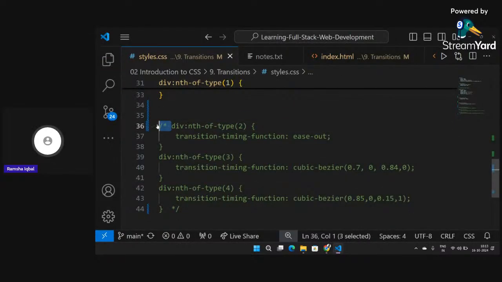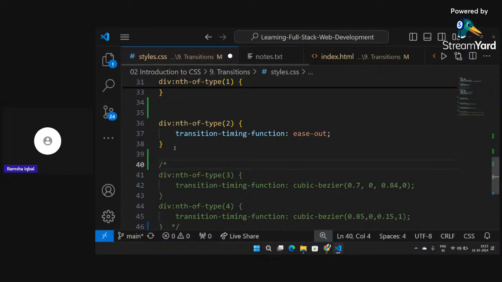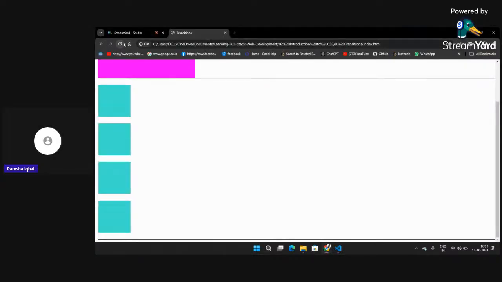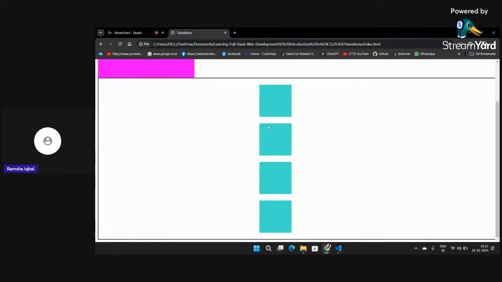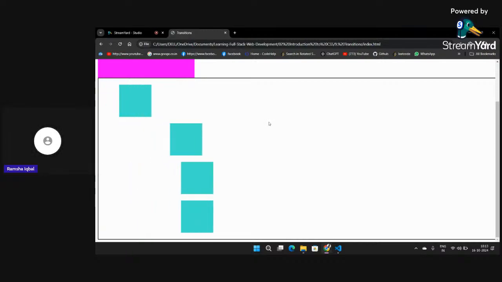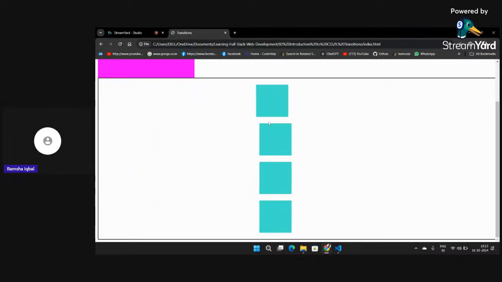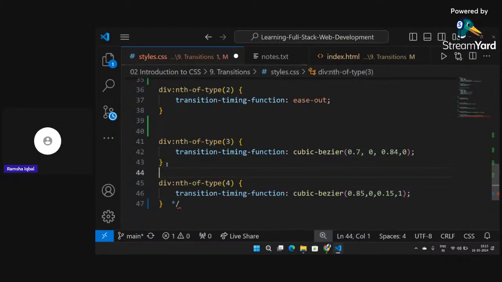Let me add the nth of type 2 div. Let me hit refresh, go back. See, my second one reached first, then my first one. So it has also eased a bit. Then I add nth of type 3. Okay,